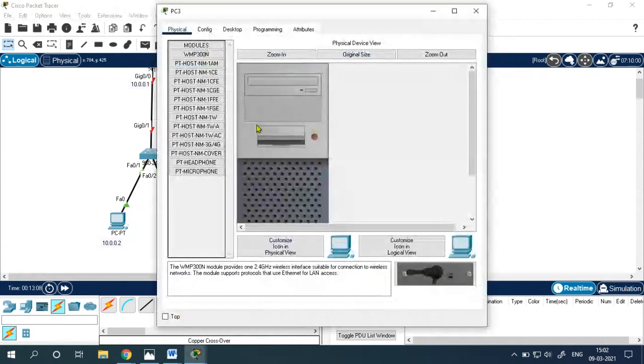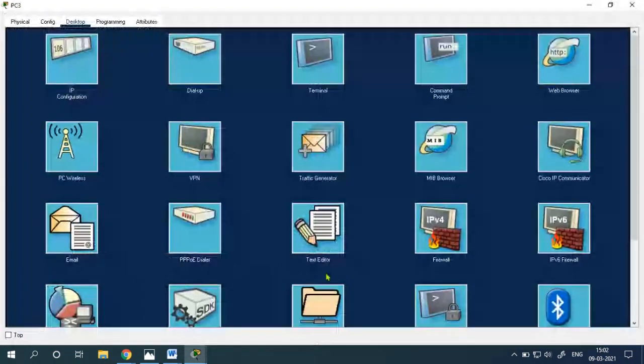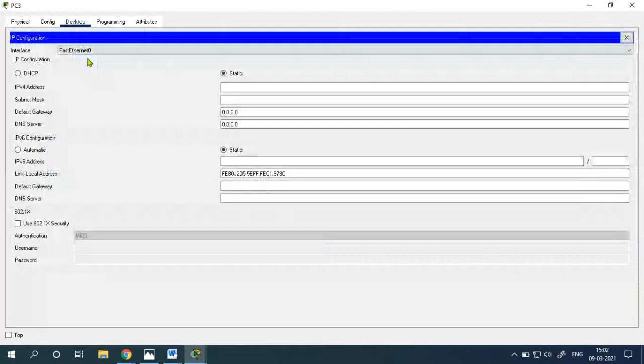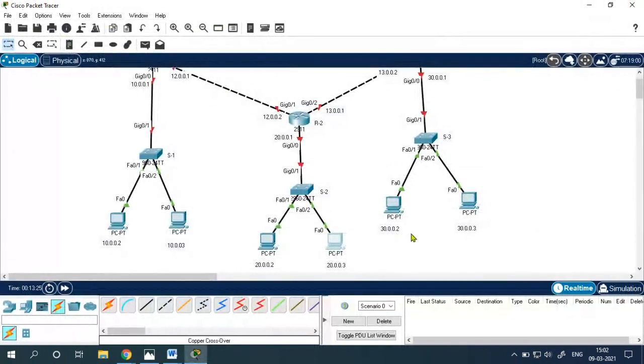Click on the second PC. See, I have already decided the IP address that you can give. This is the third IP address. Right, done.